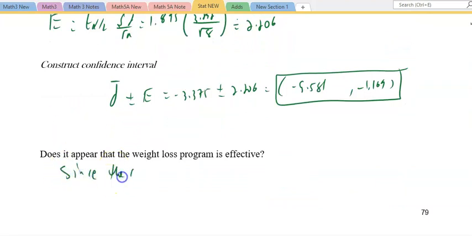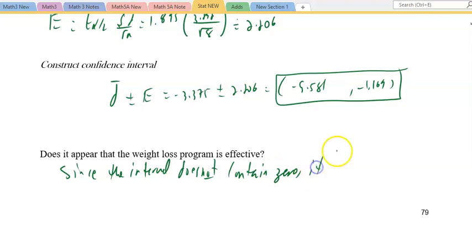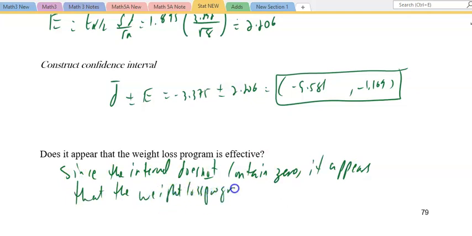and in this case we would say, since the interval does not contain 0, it appears that the weight loss program is